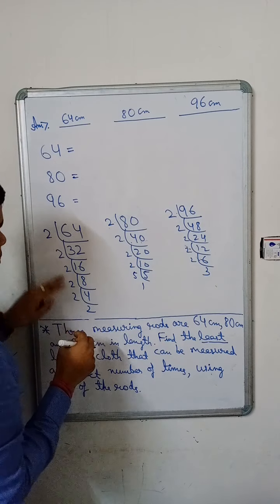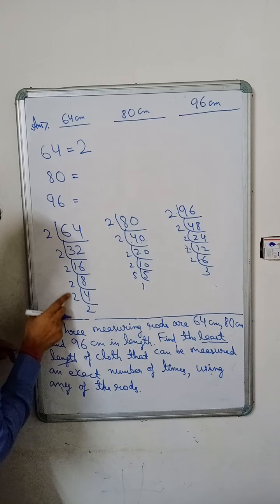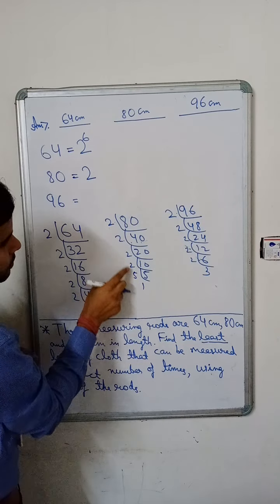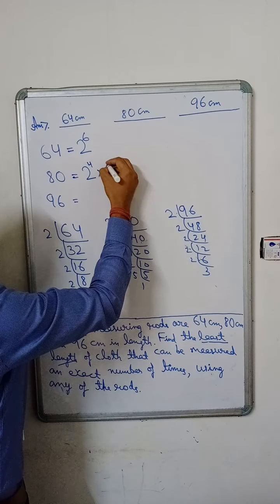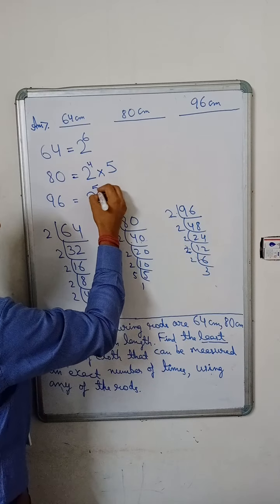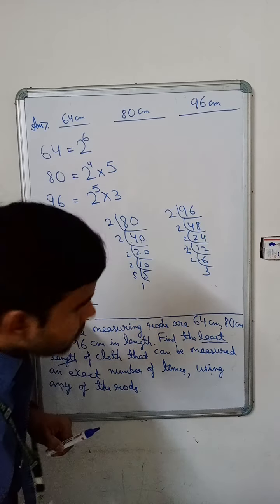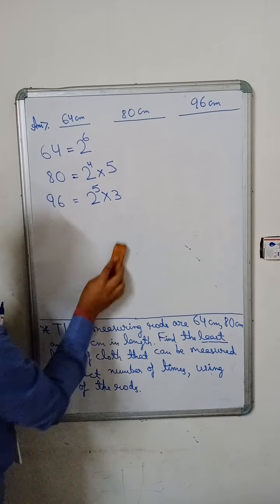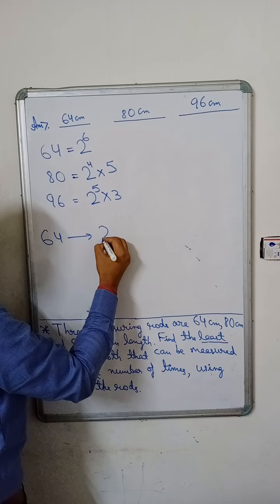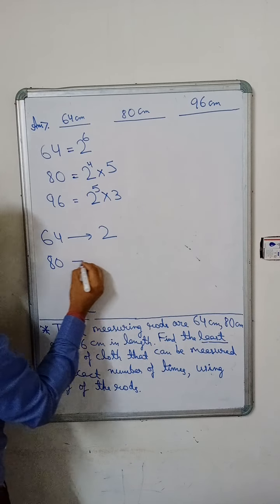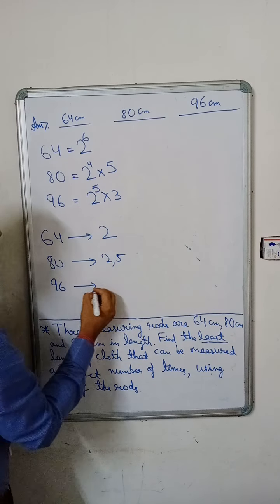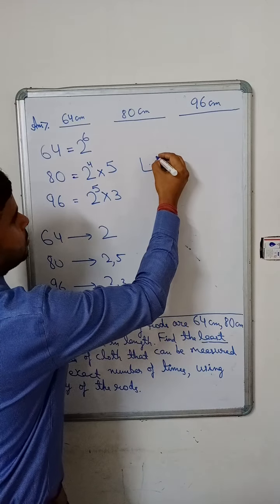So we can write 64 as 2 to the power 6. 80 as 2 to the power 4 into 5. And 96 as 2 to the power 5 into 3. For 64, the prime factor used is 2. For 80, it's 2 and 5. For 96, it's 2 and 3. So LCM will be,